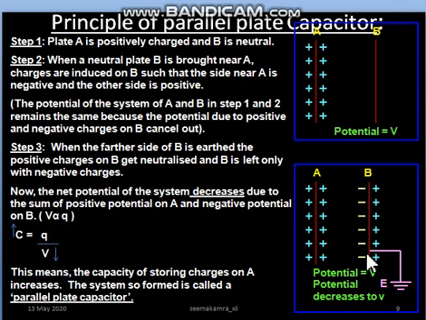As soon as we keep the neutral plate or uncharged plate B near A charged plate, then by the process of induction, the opposite charges, that means negative charges, are developed on the front face of B, which is near A, and on the opposite face of B, equal amount of positive charge is developed because B plate was neutral. So this way the production of the charges take place here on the plate B on its two faces.